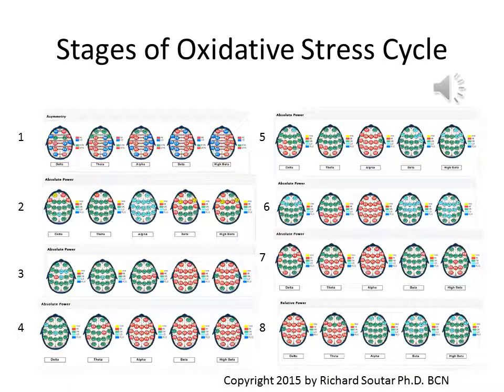I propose that we can describe most maps as reflecting a stage in an ongoing oxidative stress pattern that generates progressive neuroinflammation. For example, in this particular snapshot we have in front of us, we can see a progressive sequence of degradation of neural functioning starting in stage 1 and working all the way through stage 8.